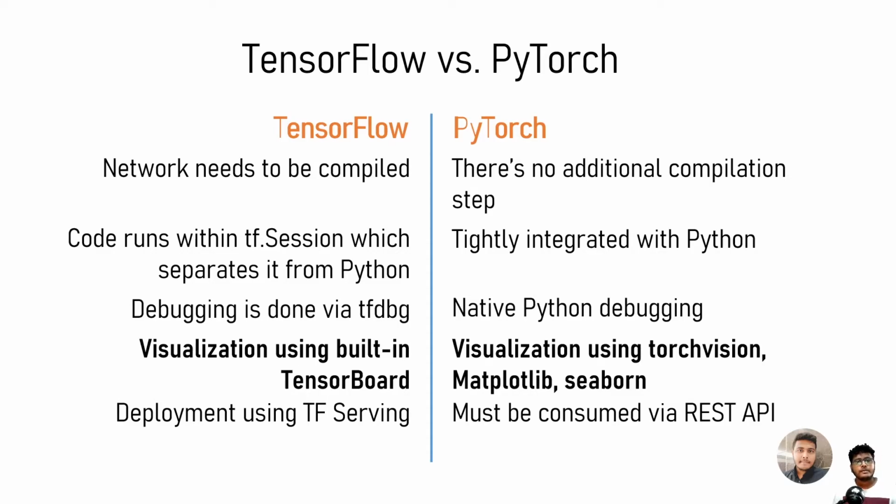Now coming to visualizations, this is one place where TensorFlow just kills PyTorch because it has TensorBoard, and TensorBoard is superbly feature rich. It provides a lot of different ways in which you can visualize your neural networks. But in case of PyTorch, you don't have anything similar to TensorBoard. Rather, you just have Torch Vision, Matplotlib, Seaborn, and all these open source libraries are available, and you have to use them somehow in order to visualize your